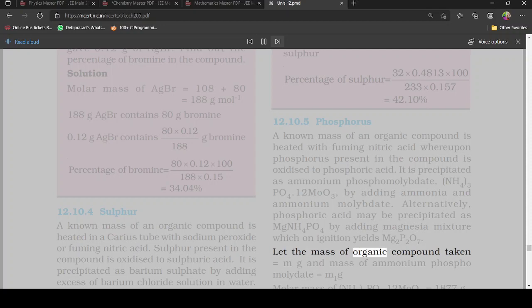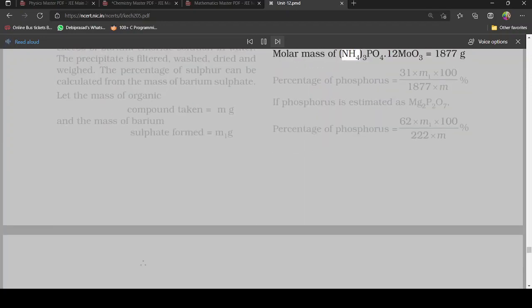Let the mass of organic compound taken be m g, and mass of ammonium phosphomolybdate be m1 g. Molar mass of (NH4)3PO4.12MoO3 is equal to 1877 g. Percentage of phosphorus is equal to 31 × m1 × 100 / 1877 × m %. If phosphorus is estimated as Mg2P2O7, percentage of phosphorus is equal to 62 × m1 × 100 / 222 × m %,